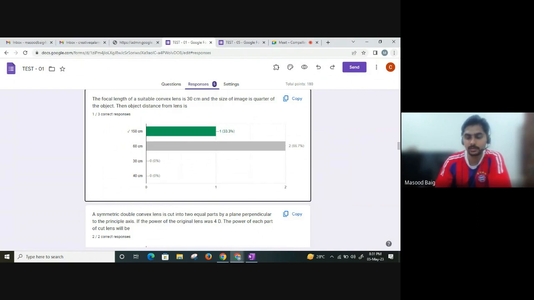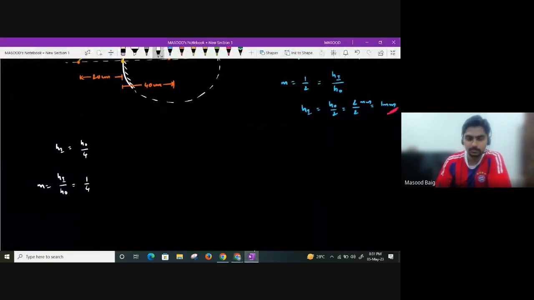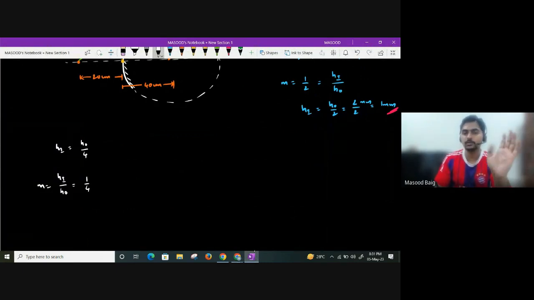Now please tell me, here we got magnification as 1 by 4. But for a convex lens, if a virtual image is formed, what is the magnification? It is enlarged again, so it should be more than 1. Here we got 1 by 4, guys, so it is less than 1. It means a real image is formed. So I'll take the magnification as minus 1 by 4, which will be equal to f divided by